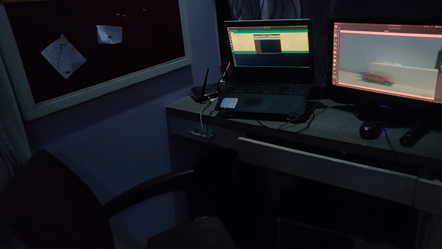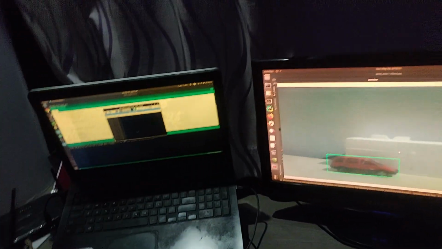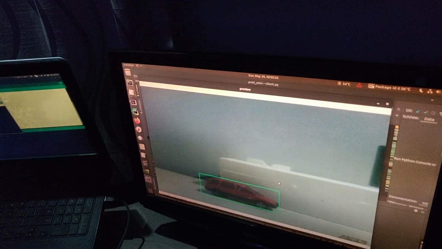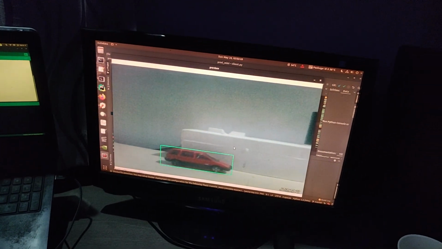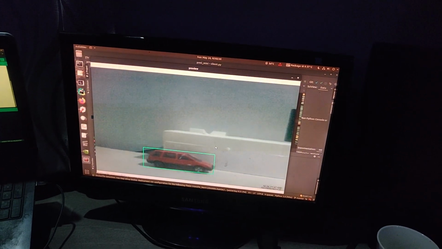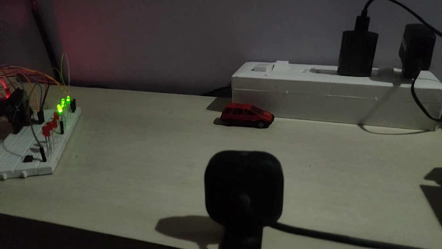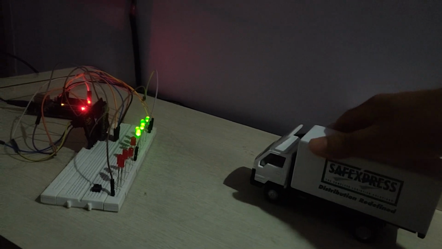And then this Raspberry Pi basically connects to the server, and the server has a GPU running, and it has right now the object detection algorithm MobileNet v2. I'm using the pre-trained models, I think it is the COCO model, and it is trained for 80 classes, and it can easily distinguish between a truck and a car.